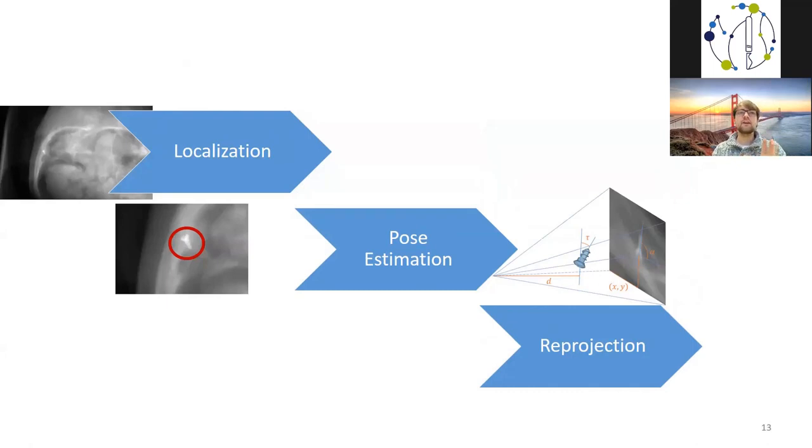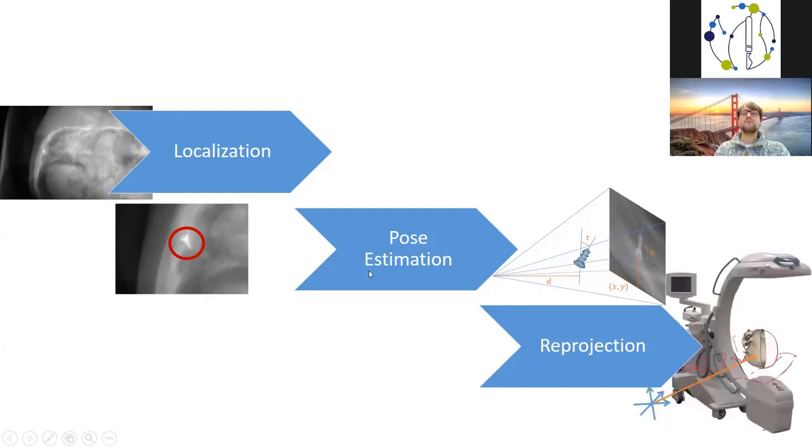If we're 2 millimeters away, then we're already in a very bad situation, so this is really a safe estimate. And from this 2 millimeter accuracy position, we're then estimating a much higher precision pose, and that can then be reprojected to the patient coordinate system